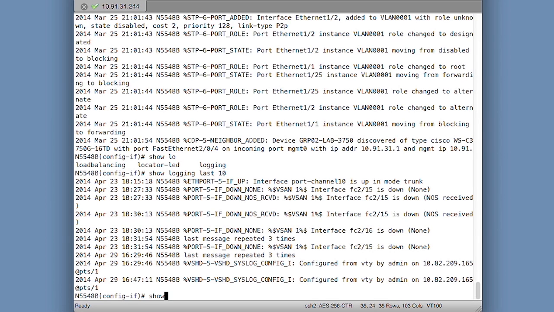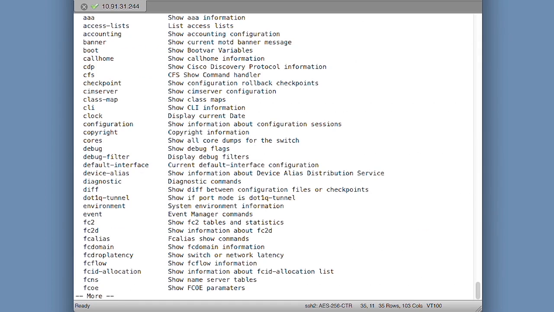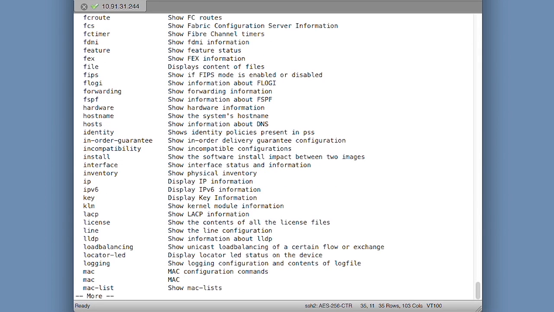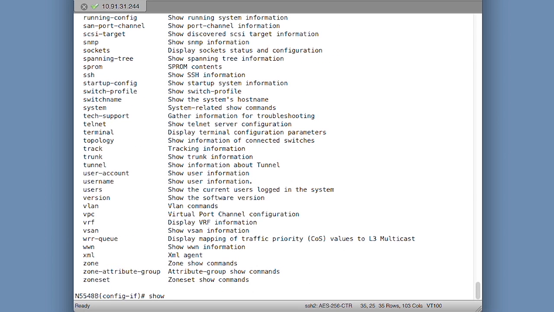I want to do a show command. So if I want to know what options are available for my show command, the next thing I can do is a question mark. When I do a question mark, it will come up with every option available for that show command. I can then look through that, pick one, and it's going to return me where I left off. So as you can see, I'm at the show again,